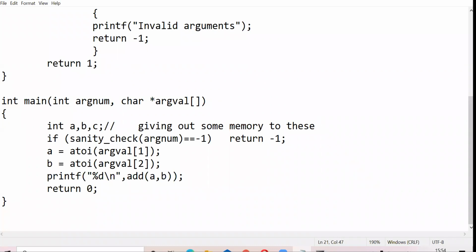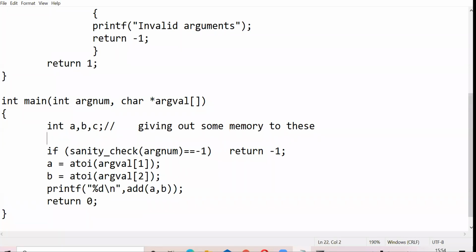So you can visualize memory as a chunk of blocks, or you can say as some homes, and each of these variables is residing inside a home. So A has its own home in the memory, B has its own home in the memory, C has its own home in the memory, and every home has an address. So let's say I want to look at their address. So where exactly is A inside my system? What is its address? So for that we use pointer variables.